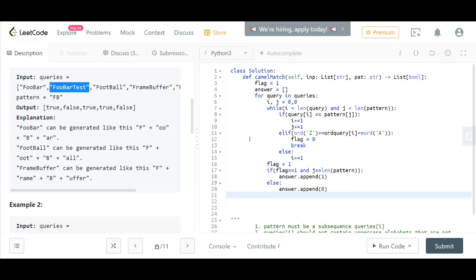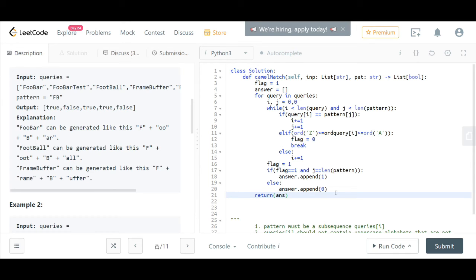Because it has an additional t, and hence the flag pointer will become 0, and we will exit this loop and append 0, but the flag pointer remains 0 if we don't initialize it here, right? So for that purpose we are initializing it here, and after this I'll return the answer.